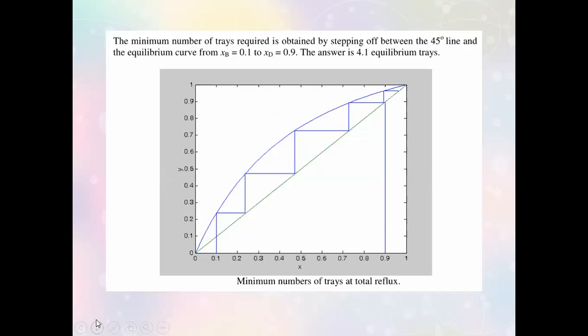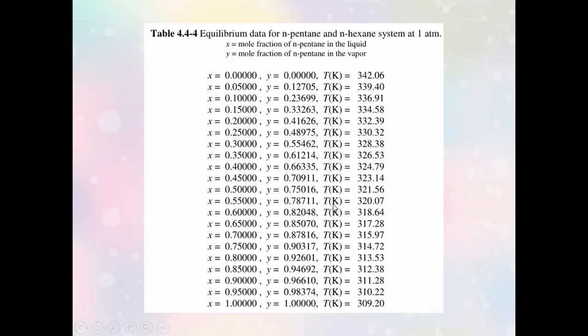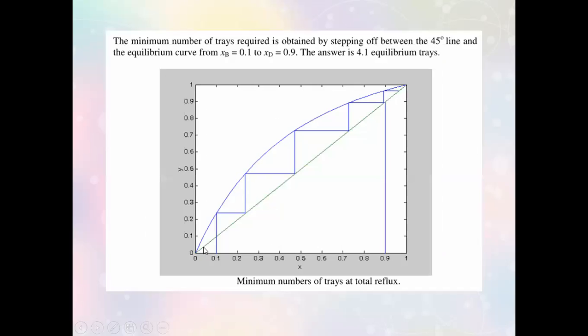Now, this is just a review. If you're going to determine the minimum number of stages graphically, it's the easiest thing to do. So what you do, as I've said, you plot X and Y, the X and Y here in the two columns. You plot it that way, you will have this curve. And on the same graph, you will have to draw your 45-degree line. So this is your 45-degree line.